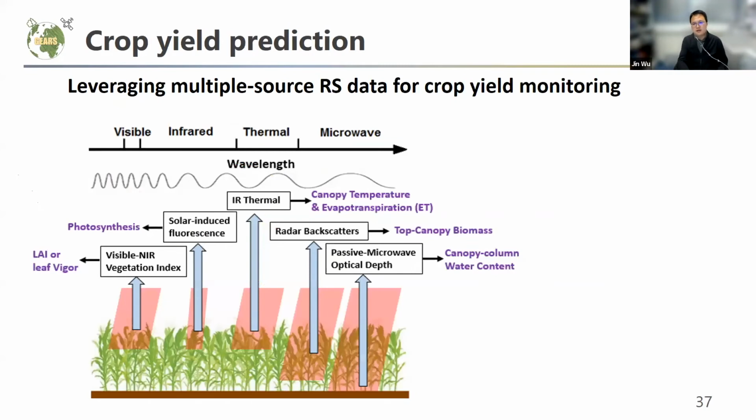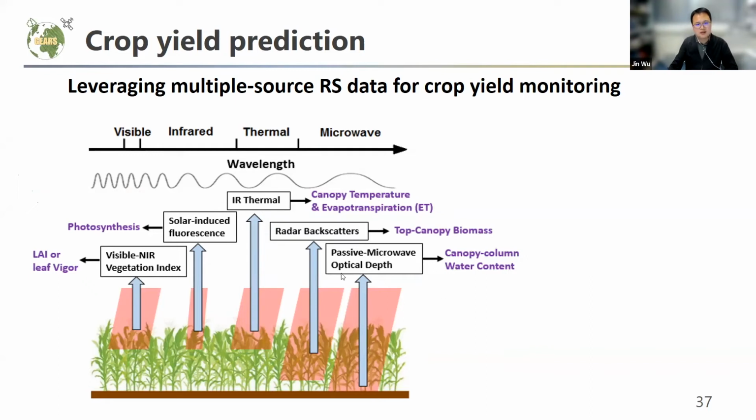And the last thing I would like to share is about crop yield prediction. So even though we think we can use drone hyperspectral remote sensing, or even airplane hyperspectral remote sensing, to monitor plant physiology, plant biochemistry, and even crop yield at large scale, if we want to extend to the regional scale, there's not yet a satellite-based hyperspectral remote sensing technique available.